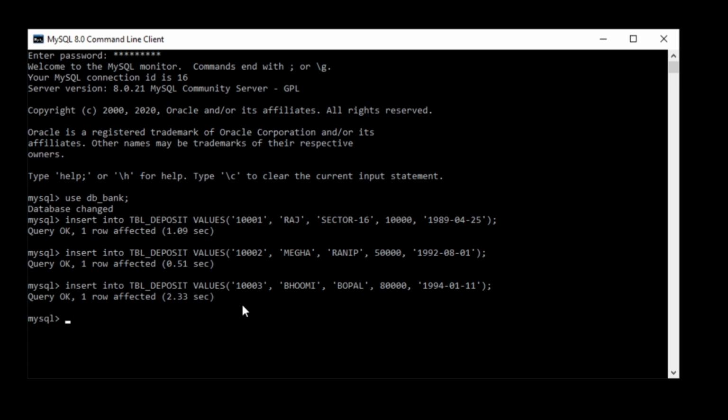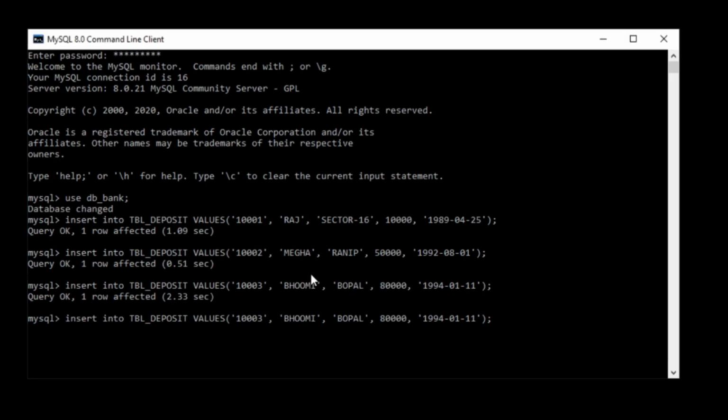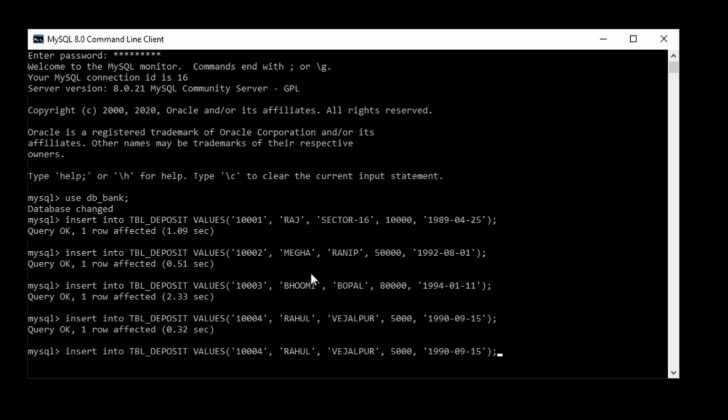Now the next is 10004, Rahul, Vijalpur, 5,000 and 15 September 1990. Now the fourth one is inserted.